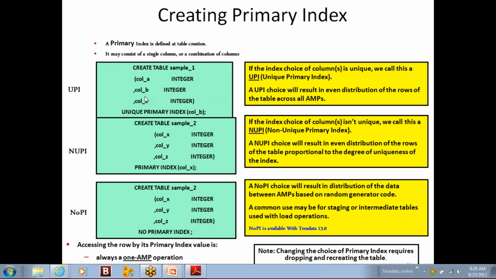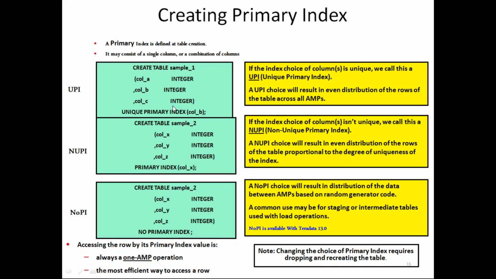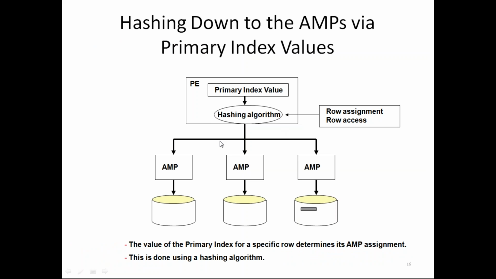So how do we choose this primary index? How can we identify a column as a primary index? What actually happens when we create a primary index? I have created a table with this definition, with either a non-unique primary index or a unique primary index. I have chosen a column as a primary index. Then what happens if I insert data into the table? When I start inserting data into this table, which has primary index on column B, let's suppose, each and every row during insertion will go to the parsing engine. Within the parsing engine, we have an algorithm called the hash algorithm.